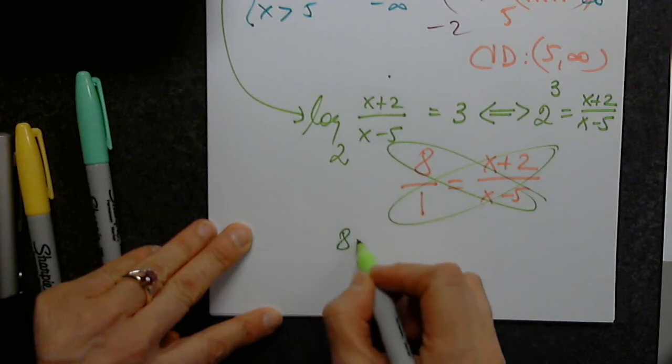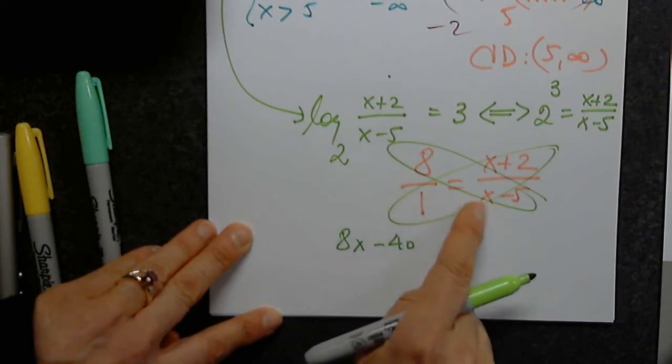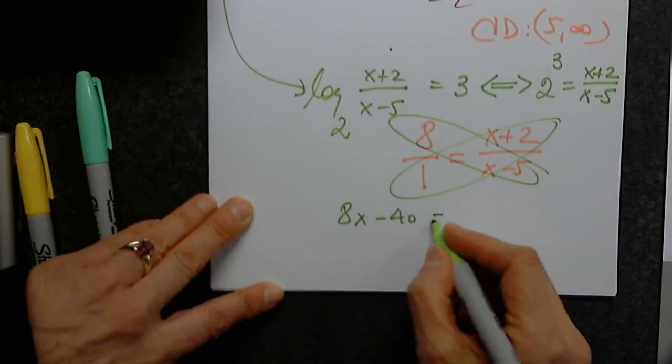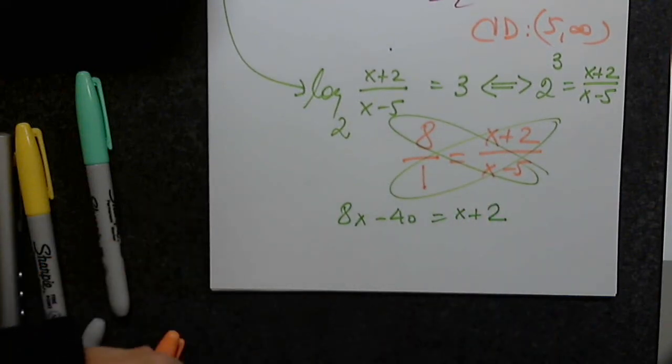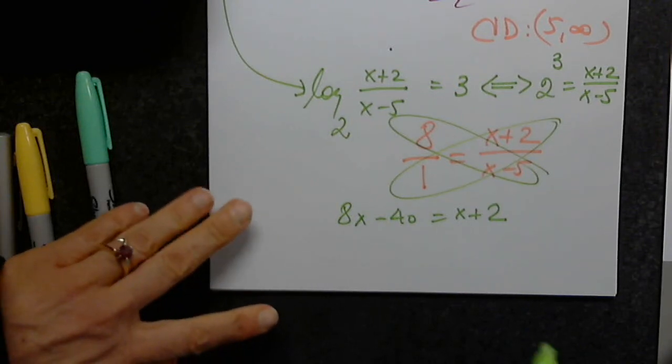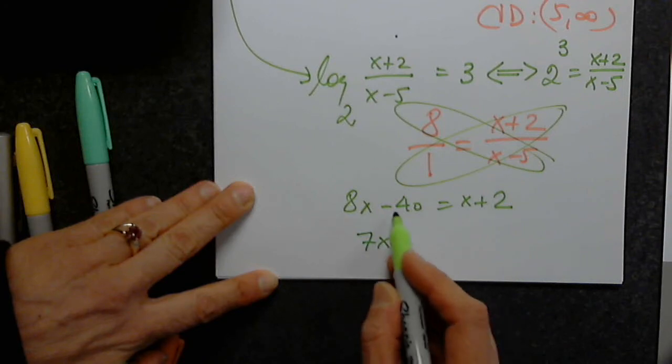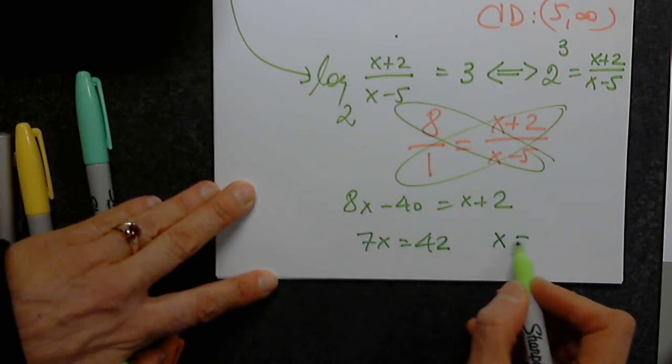So 8x minus 40, we have to distribute to both terms, equals x plus 2. What type of equation is this? So it was rational, and now it collapsed into even easier than quadratic. What type of equation is this now? Very good. What did you say? Linear. So I move x, 7x, I move 40, 42, x equals,